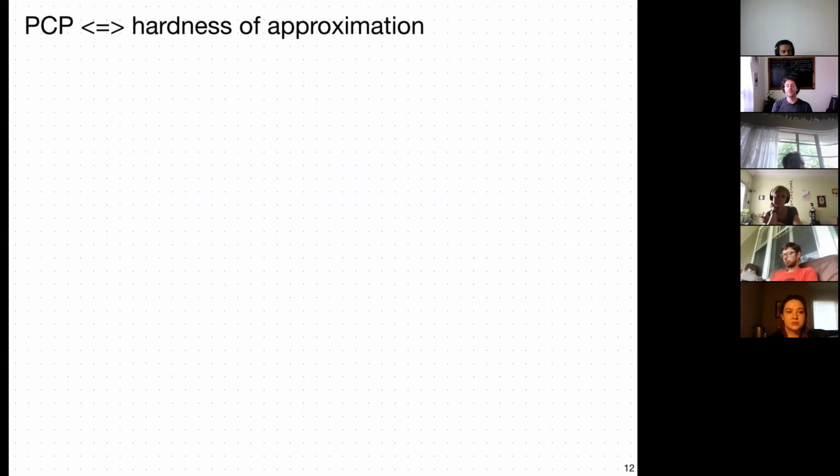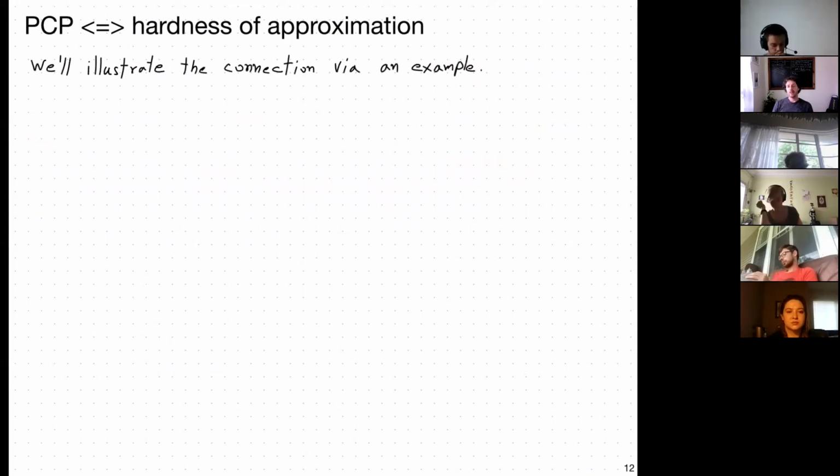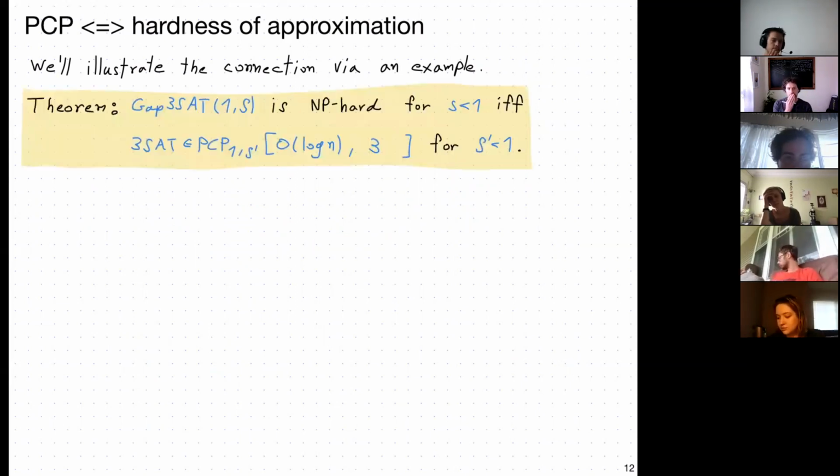And now finally, we can see the connection between PCPs and hardness of approximation. This is an extremely rich area of research where each small parameter is incredibly important. But I want to show you with the running example that we had, just to make the connection clear. So I want to show you the following theorem. Suppose it's NP hard to approximate the problem of gap 3-SAT. That is, we take 3-SAT and we want to determine whether there's an assignment that satisfies everything or at most a fraction of S. So we want to show that this problem is NP hard